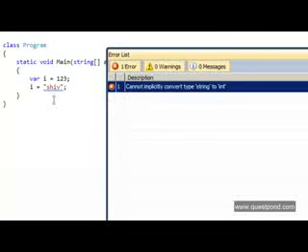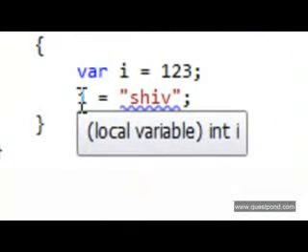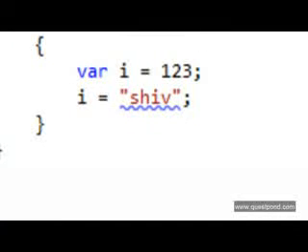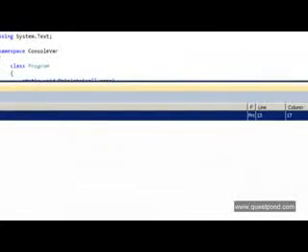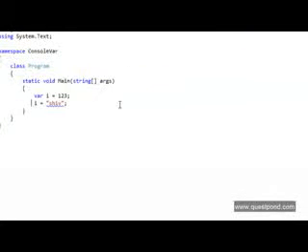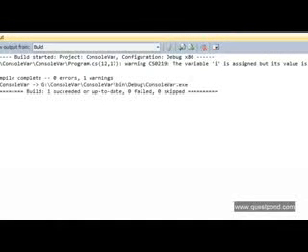If I move my mouse over the i variable, you can see it says this is a local variable with the int data type. That proves the point that the var keyword has statically defined the data type and not during the runtime. If you remove this and build the solution, you will see that there are no errors.